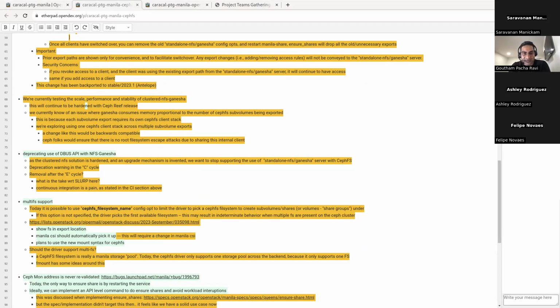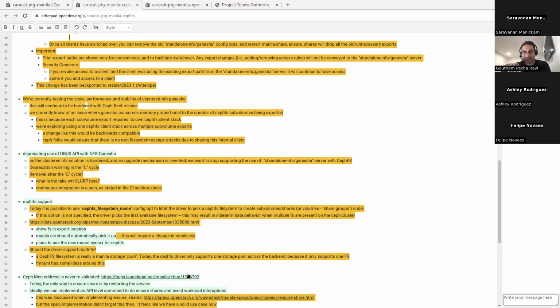Yeah, and that's going to be tricky, right? When we're talking removal, we mean the 2025 March timeframe. So it's going to be quite some time before we have to do this. One of the things that might interrupt our plans would be if the Ceph folks stop supporting some sort of API that the standalone NFS Ganesha use case was using, and I hope not. The way this is architected, it's pretty generic in the sense that we